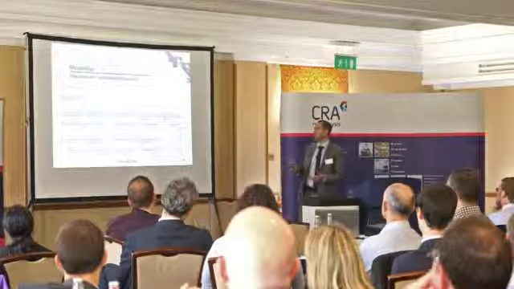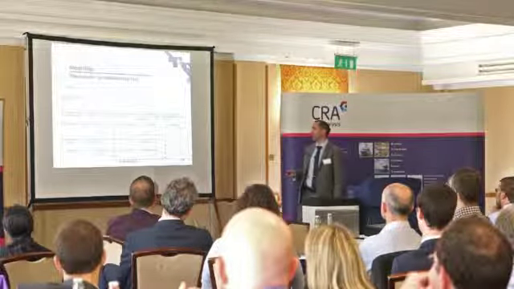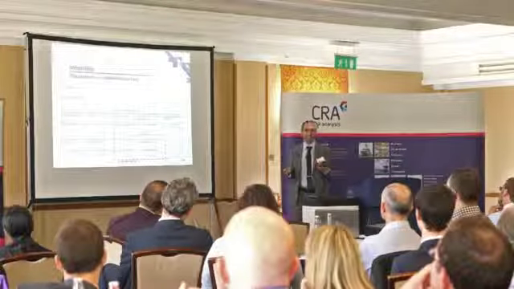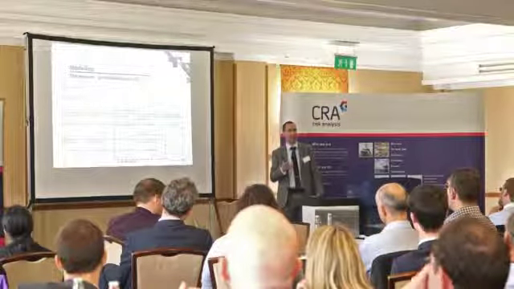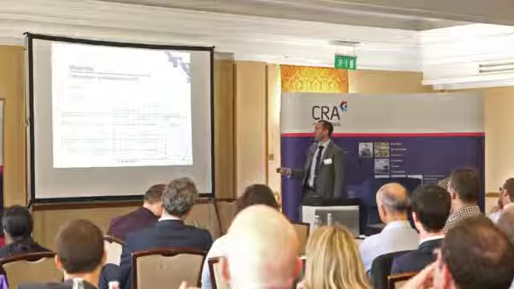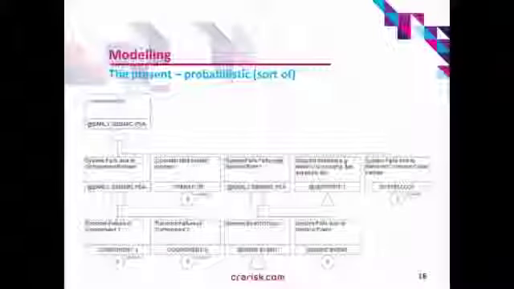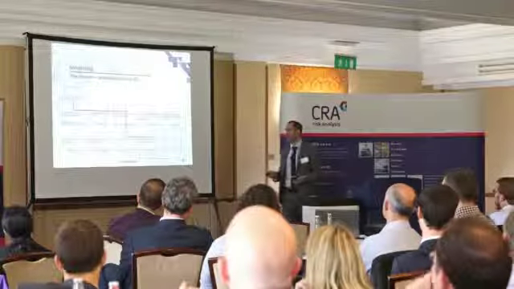The present, so what we see a little bit more in existing PSAs, it's very similar, apart from the fact you have this extra component here. The key thing is that you're bringing in a basic event that is now looking at the fragility of that system to an event. So it's not 1 or 0, it's a conditional probability depending on the level of seismic event that you're seeing. The key thing I would say is that this is a system level one, and generally the data within that magic box is completely based on the weakest component within the system. And you could argue that's a little bit conservative. So what's in that box? Good question, that's what I want to know.